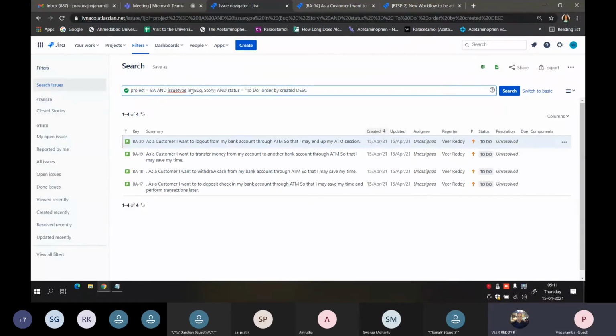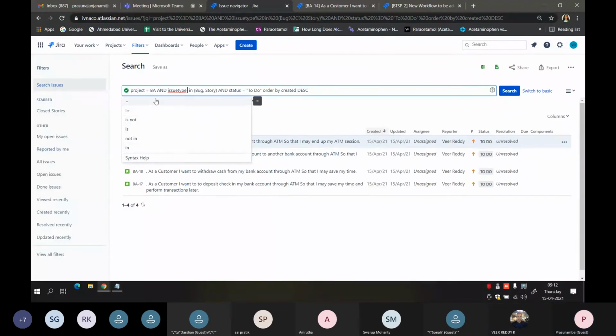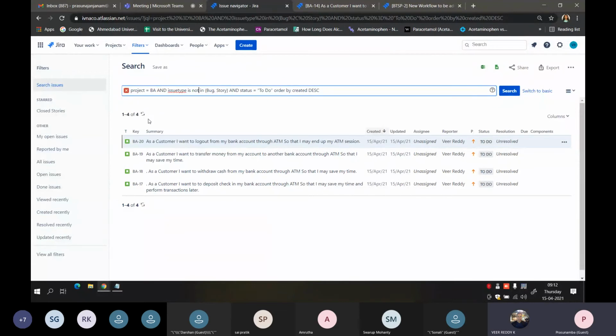So when you click in this, see, when I've given a space over here, it shows what all options you can select from here. So earlier I said that the issue type should be bug and story, and now I said it is not, and then I can search.